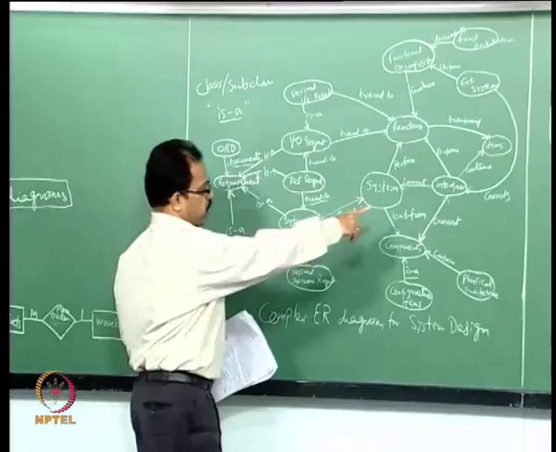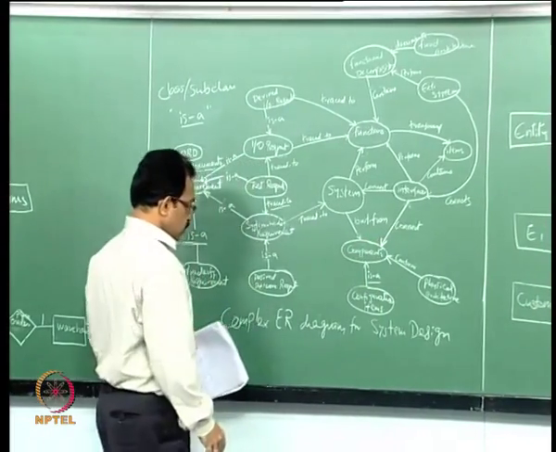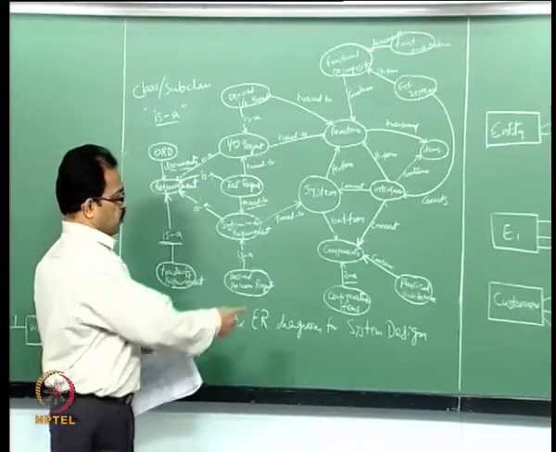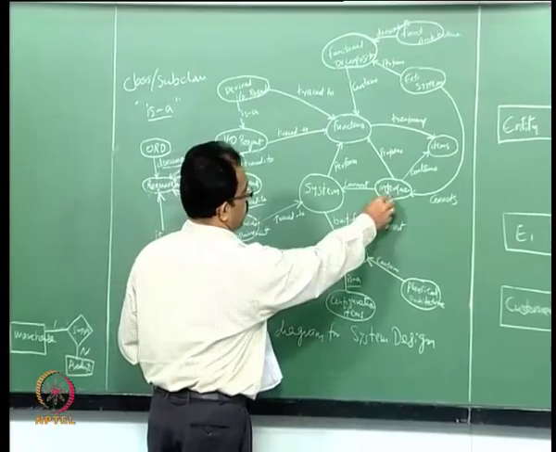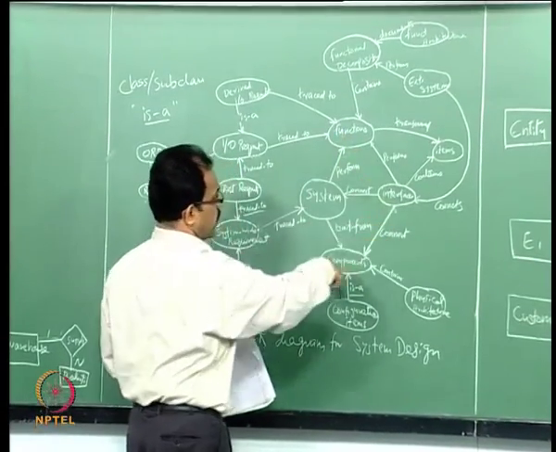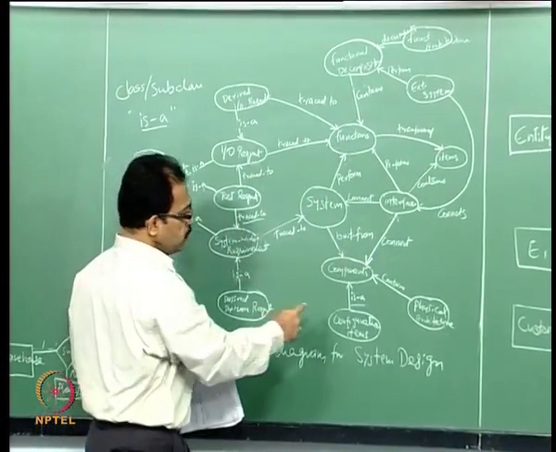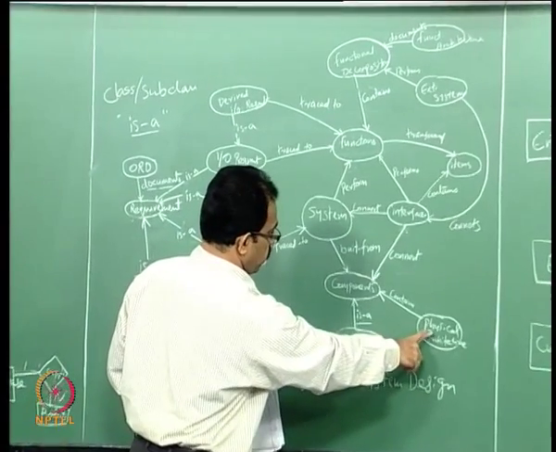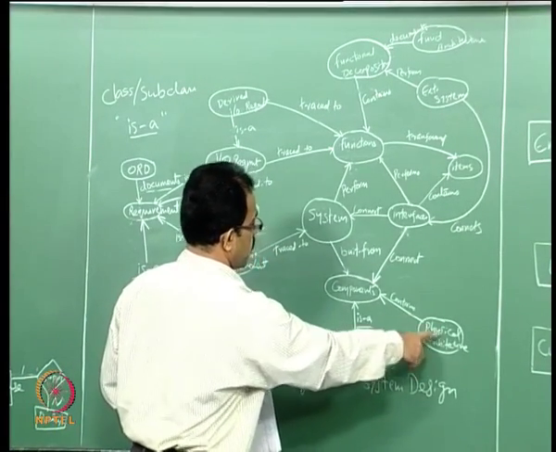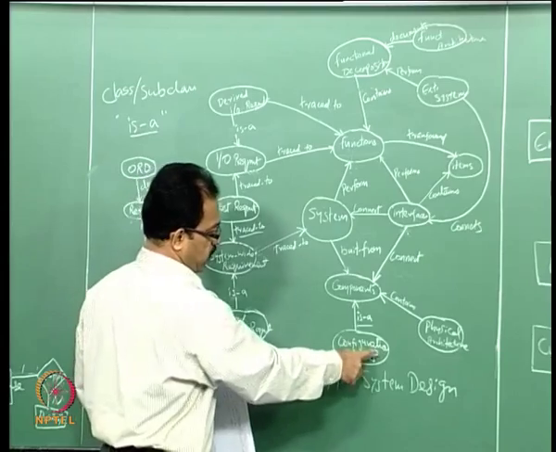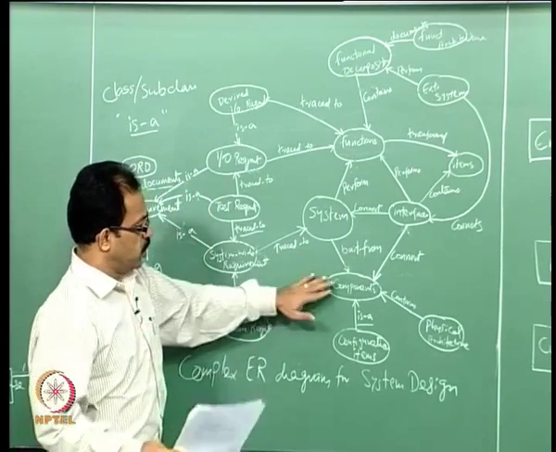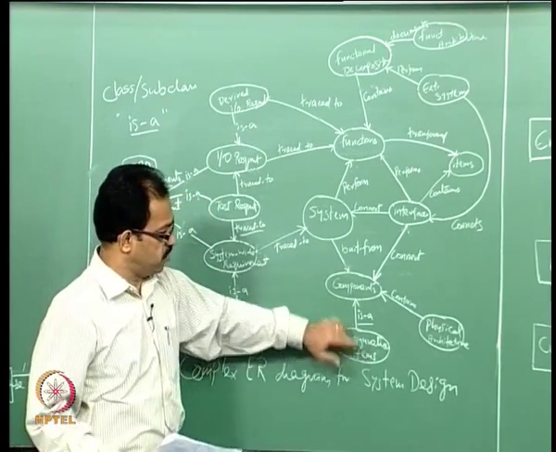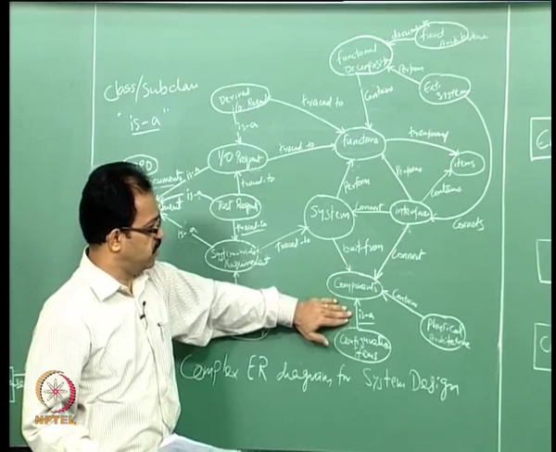Similarly, if you look here, you can see the relationships. So, the components, the interface and the functions, how they are related to each other, and what is the entity relationship between physical architecture and the component. Similarly, the configuration items: as you can see, the configuration item is a subclass of components, that is why there is an ISA relationship.